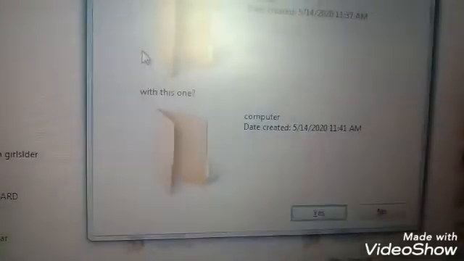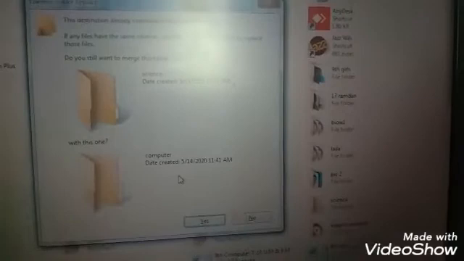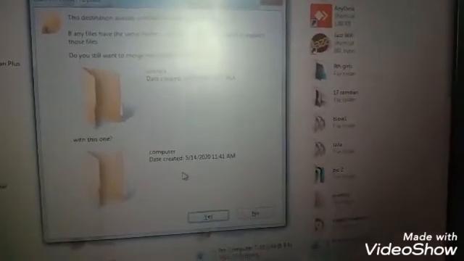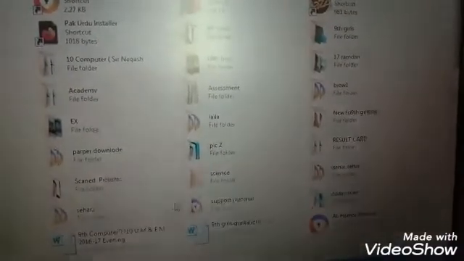Press enter key. This dialog box will appear on your computer screen. Are you sure you want to rename the folder? Yes. You can see that the folder name is changed.